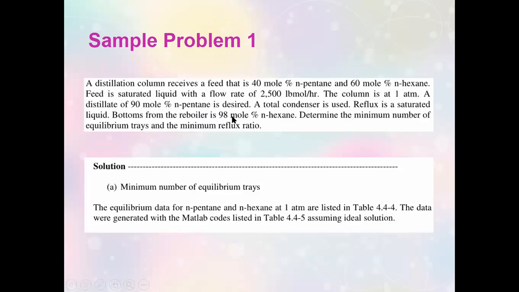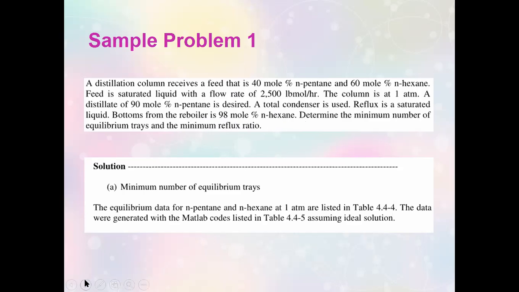Now it's so easy to get confused that your X sub A for the bottoms is 0.98 when it is not. Because if you look at it, the 98 mole percent is actually that of hexane. It's not of pentane. So you will commit the biggest error, and everything that you will be doing later on will be wrong, if what you plot is the 0.98 hexane. Because you may wonder why your bottoms point is above the distillate point if you use hexane.